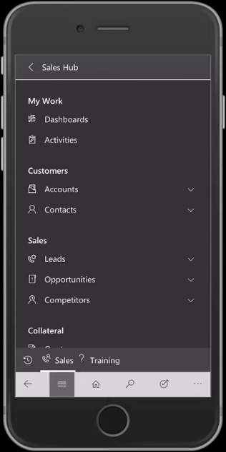So any form that is enabled for mobile and CRM will render in this application. The forms that we've been looking at today will all render. And we've been looking at contacts. You could also access accounts, leads, opportunities, pretty much anything that's in CRM from this mobile app. But let's go into contacts and we'll see that